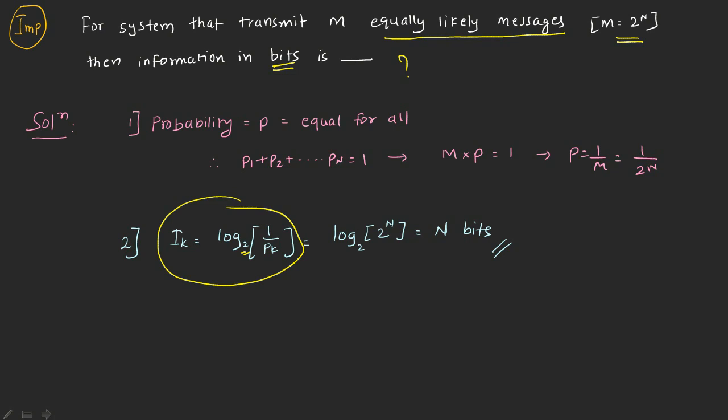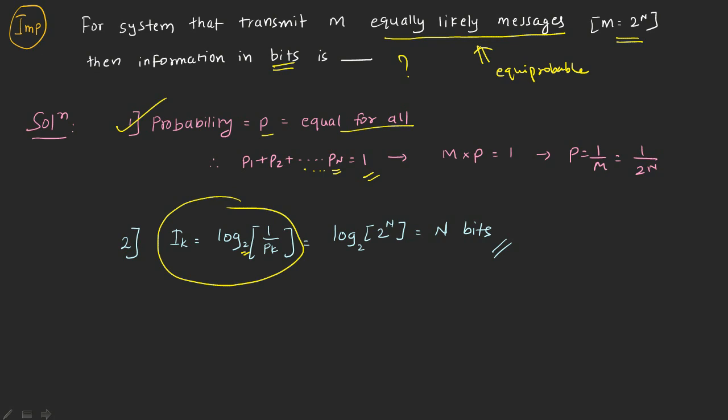Whenever you don't have the probability, just look at the question once again. For the system that transmits m equally likely messages, whenever you see equally likely messages or equiprobable, these are the two terms. This means that the probability is equal for all the messages. That leads me to the first point, that the probability p is equal for all the messages, and if you sum up all the probabilities, the highest it can be is 1. So p1 plus p2 and so on up till m, or you can say n messages,